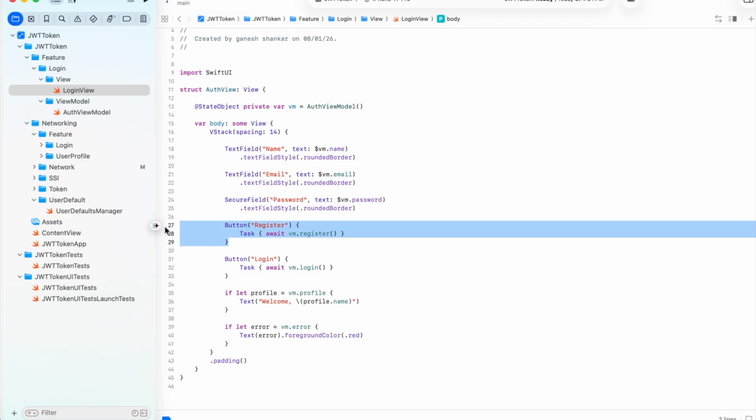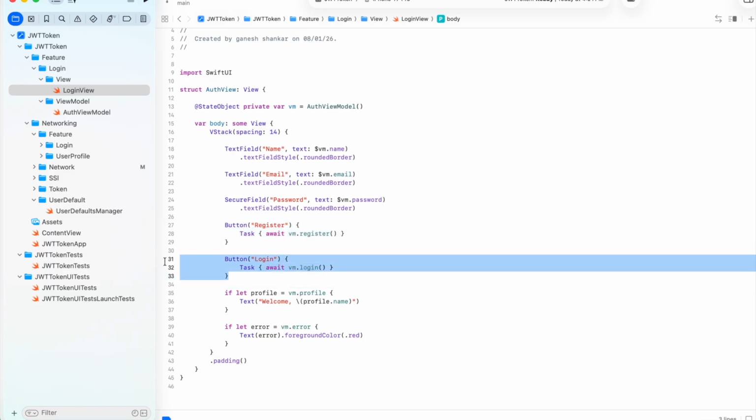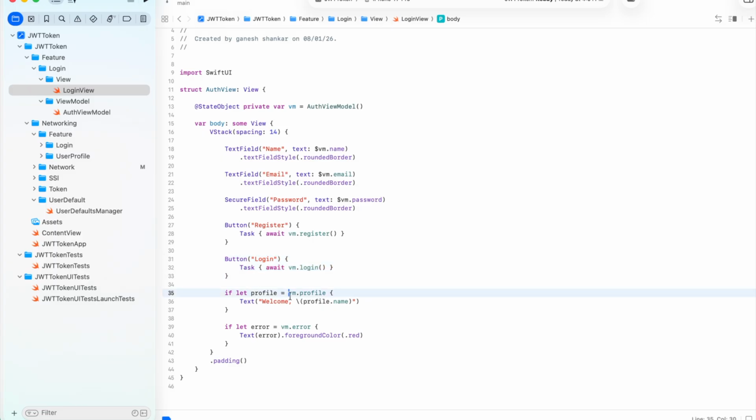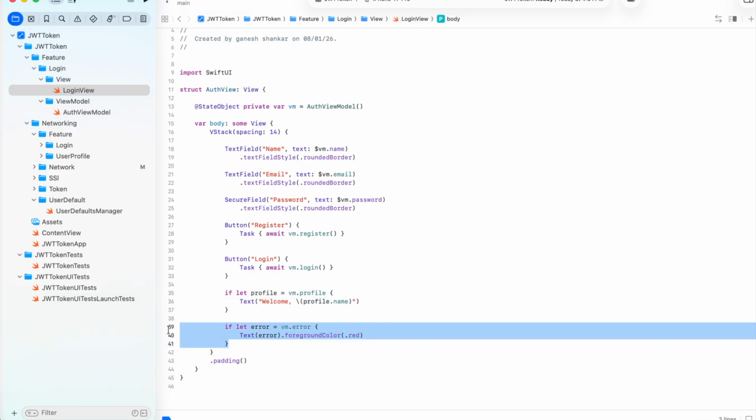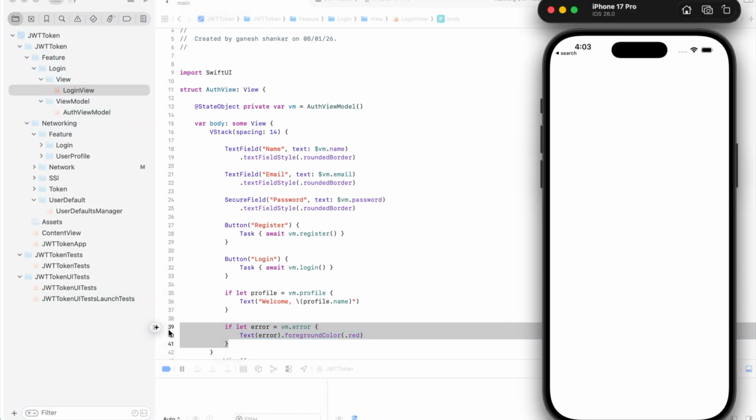First we have to register, then we have to log in, and then if profile is having the value here, what it is saying is that if everything works well and it will be true, then only we can see the screen, otherwise we will see the errors. And surely we will see the errors because I need backend support for JWT, as the backend needs to provide me the token. I didn't have backend code here, but this will work 100% fine